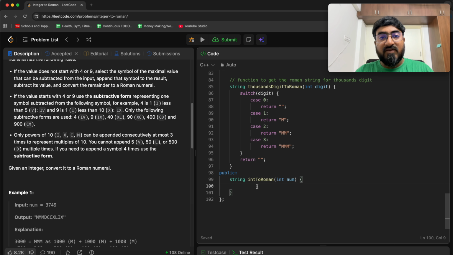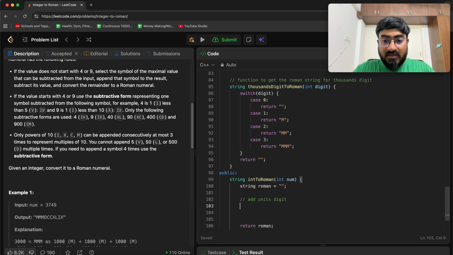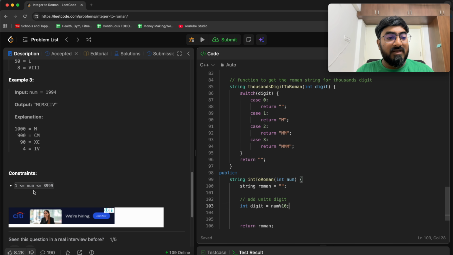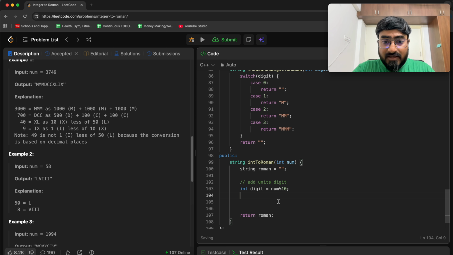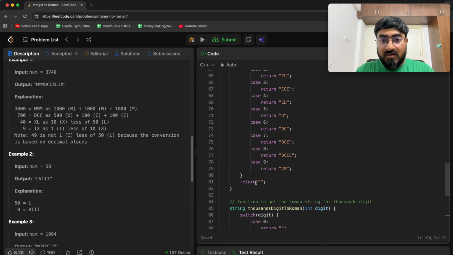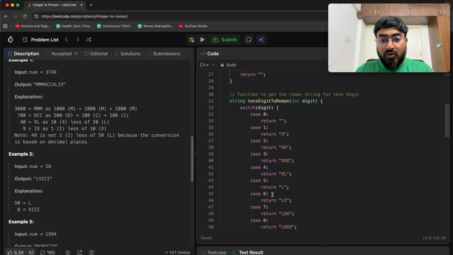Okay, and then in this function all you have to do is extract digits starting from the right hand side, units, tens, hundreds, thousands, as long as they are available, and then find the corresponding string and append it to our final answer. So if my string Roman is blank, which I have to eventually return, I'll say add units digit. So int digit is going to be num % 10, and we are not checking for the borderline case num equal to 0, because the minimum value for num is 1. Okay, we get the digit, we say Roman equal to units digit to Roman